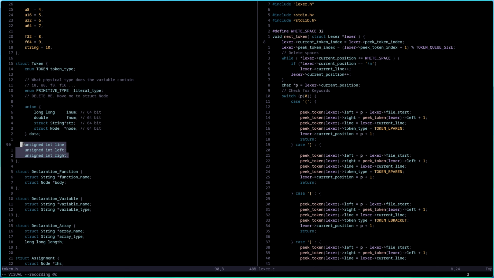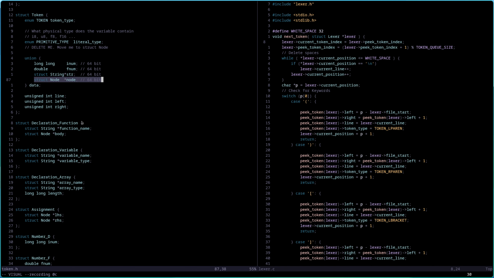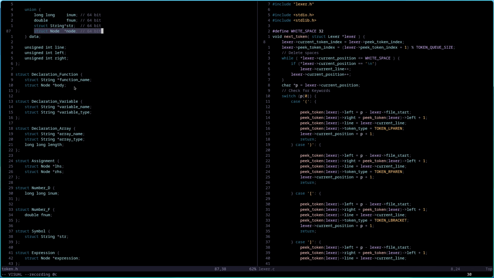You see they have the fields, and I use a union, so it's kind of C's version of inheritance, I guess, maybe. It's not really, it's just how you can build polymorphism, right? Because this token can have either an enum or an fnum or a string or a node. It can have a bunch of different things. And I don't even know if I use this node. It's just you develop stuff and then you progress and then you think you'll want it, but then you don't want it. Okay, whatever.